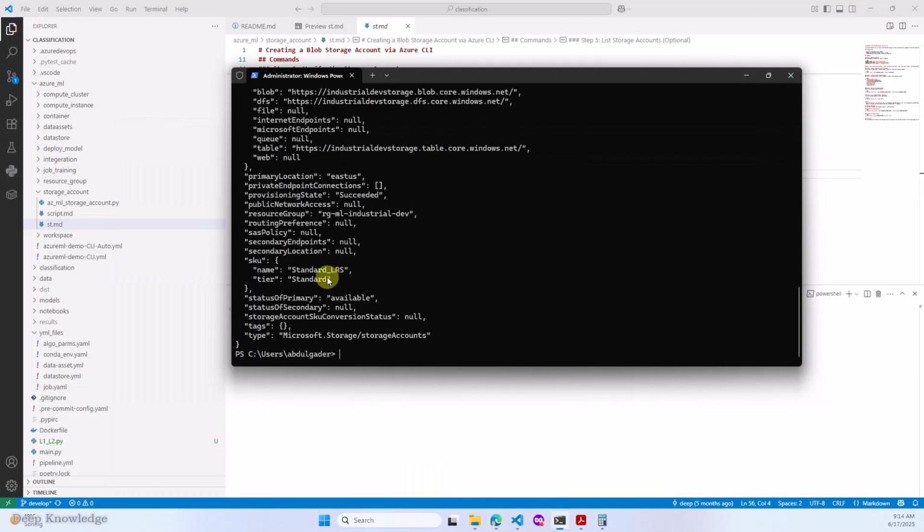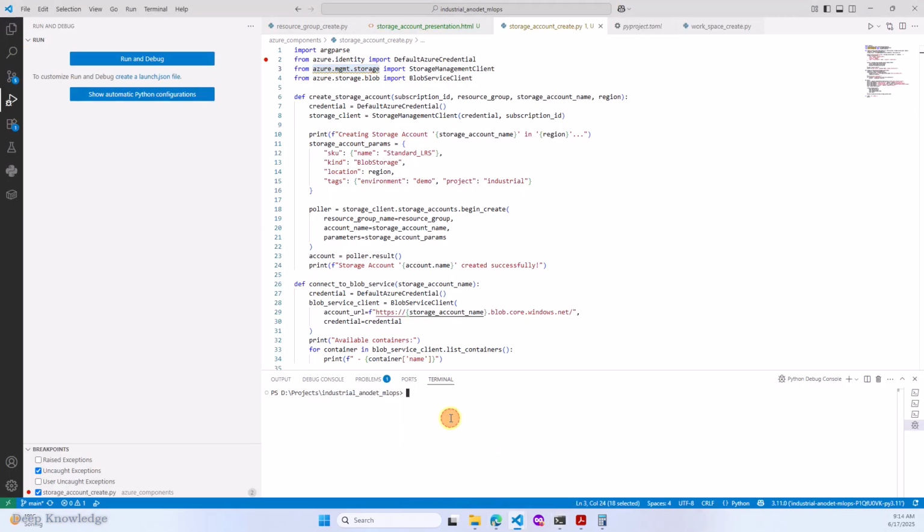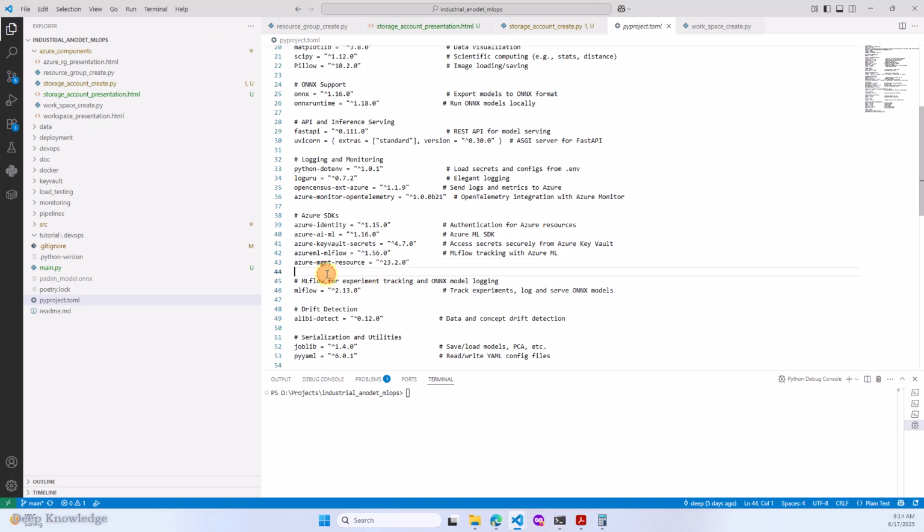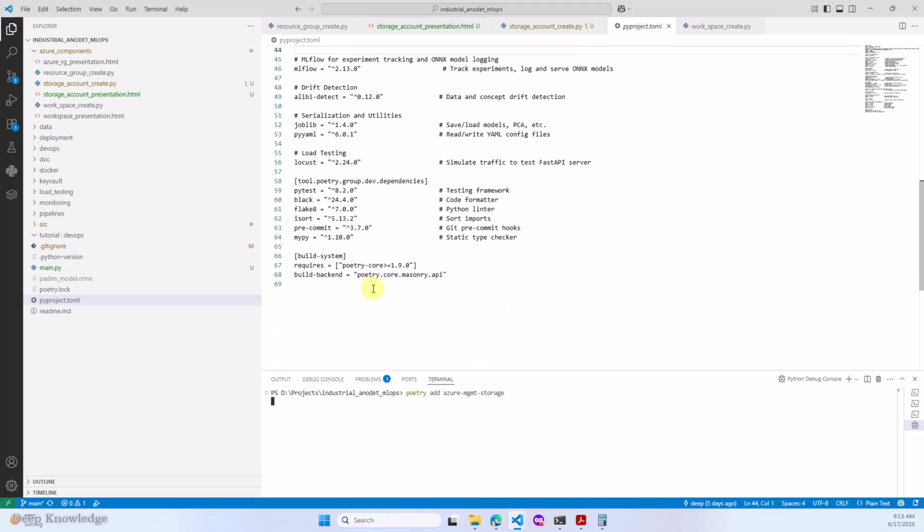go to your project, the Python code, and here you need to add, as you can see in the TOML file, we don't have this package. What you have to do is uv add, and then storage management storage. This will try to add the libraries into this file,